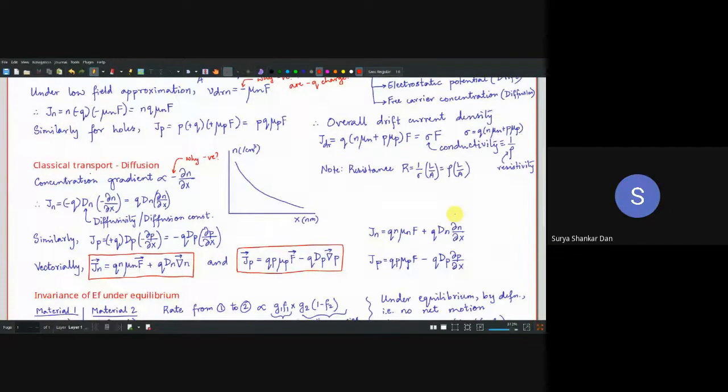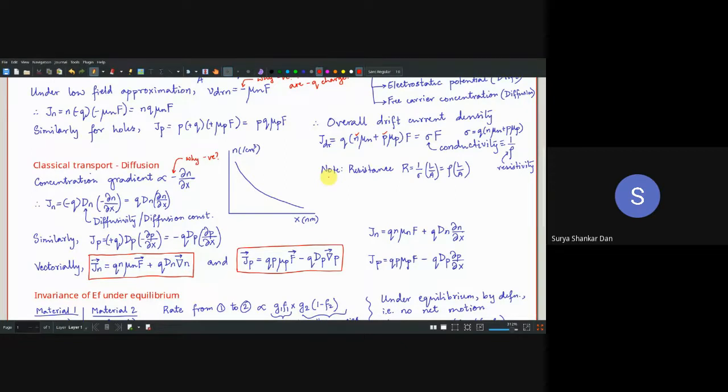Yes, basically I'll tell you, even though the scattering increases, you are also increasing the number of free carriers. You are thinking that if scattering increases then R will increase, but remember the more important parameter for current conduction is this N and P value. If you are doping the material, your free carrier density will essentially increase, right? Remember, in case of a lattice, most of the lattice is essentially free space.